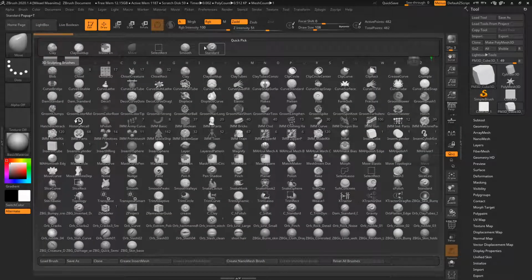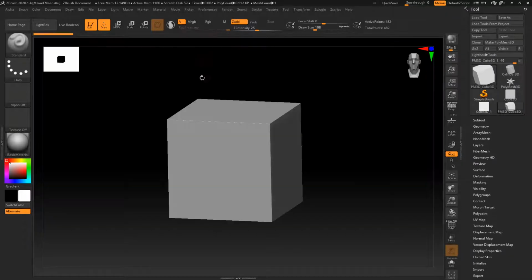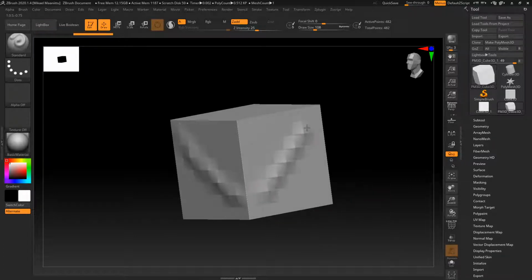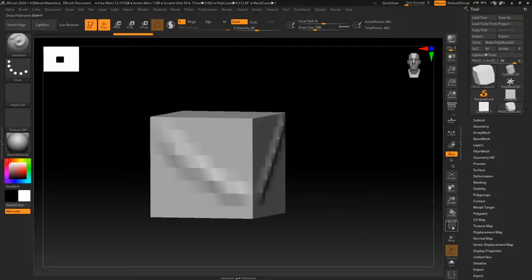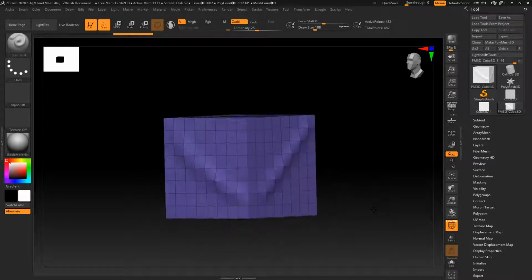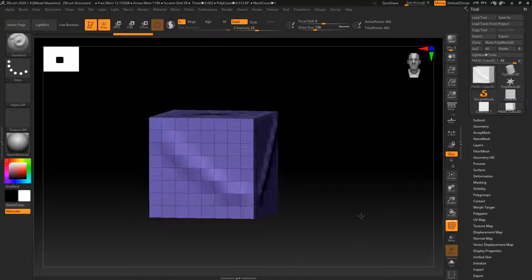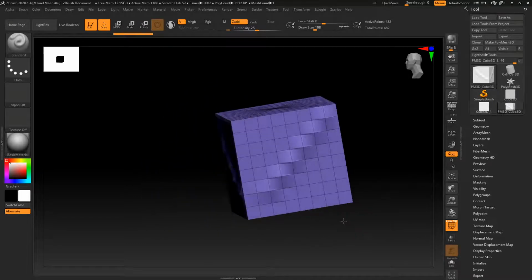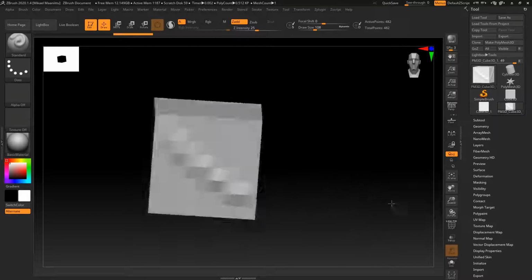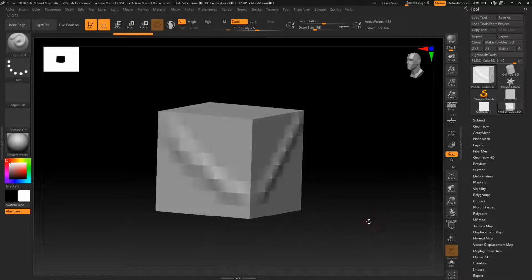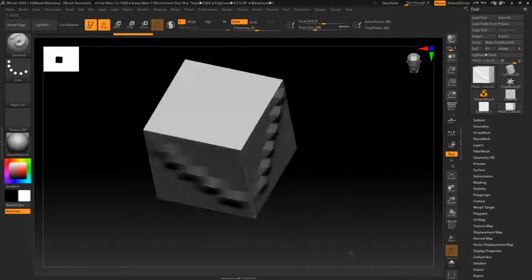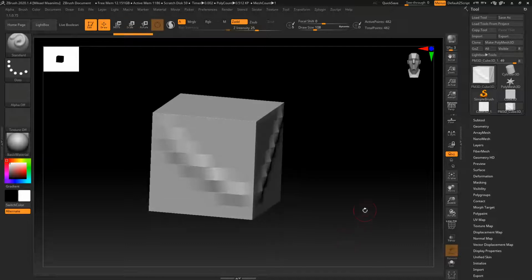So I will take the standard brush and just draw on the mesh. So as you can see, because the mesh is not very dense regarding its topology, the sculpting produces, or this standard brush produces, very jagged forms. So what we need is we need more